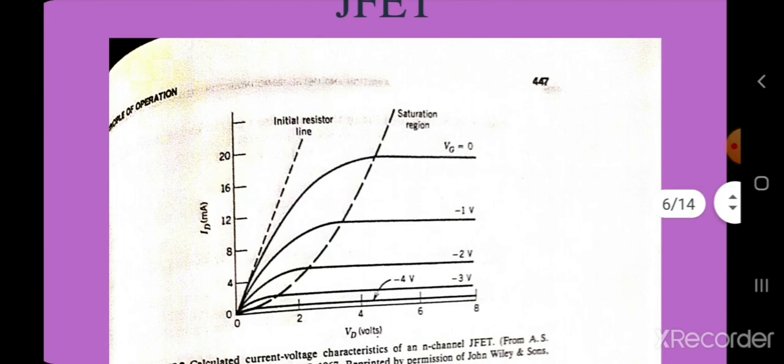When a reverse bias Vg is applied to the gate, the depletion region of each p+n junction becomes wider and the cross-sectional area of the channel is reduced. For small values of Vd, the channel will behave as a resistor, but this resistance is no longer valid when Vd exceeds Vd sat, because it is based on the gradual channel approximation. Once the channel is pinched off, the potential distribution in the depletion region near the tip of the channel can no longer be obtained using the one-dimensional Poisson equation, and the gradual channel approximation loses its validity.